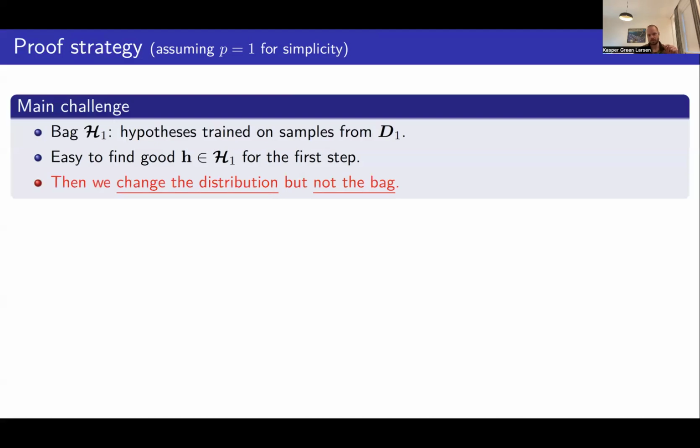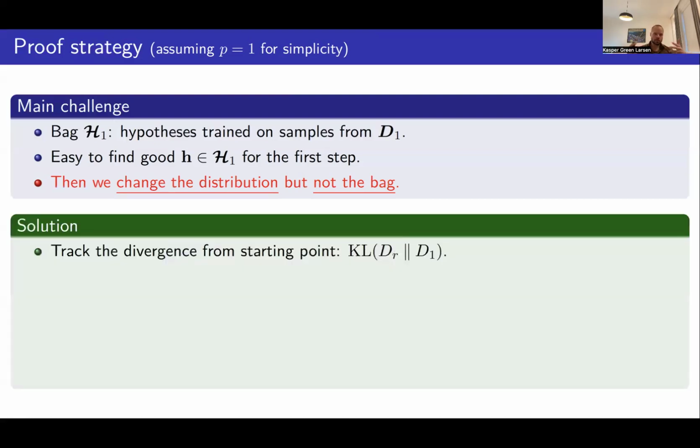The trick is, the problem is that we're going to update the distribution depending on H, but we're not training again. We keep the bag. The bag was trained on samples from D1, but now we have a distribution D2. So what we really argue here, the way that we try to analyze it and show that one of these hypotheses or classifiers is going to work with high probability, is that the main ingredient is to